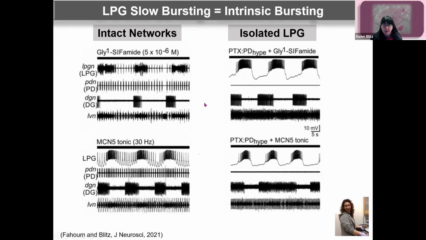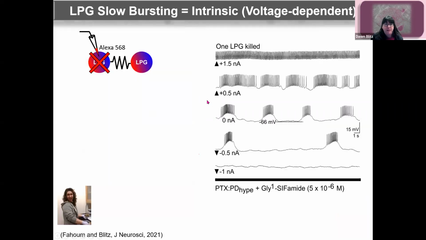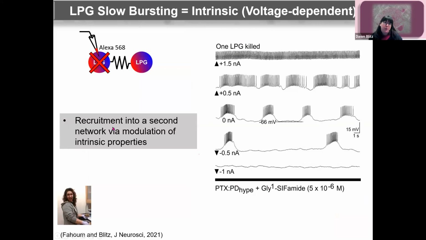intact condition. And what we called our nail in the coffin experiment: even when Savannah had LPG isolated from both networks and she photoinactivated one of the LPG neurons, LPG still generated this nice slow bursting intrinsically, and it was in fact voltage dependent. So this is an example where the LPG neuron is recruited into the second network through modulation of intrinsic properties. And so we think that this may give it a more active role in what it's doing in that second network. And those are things that we're continuing to work